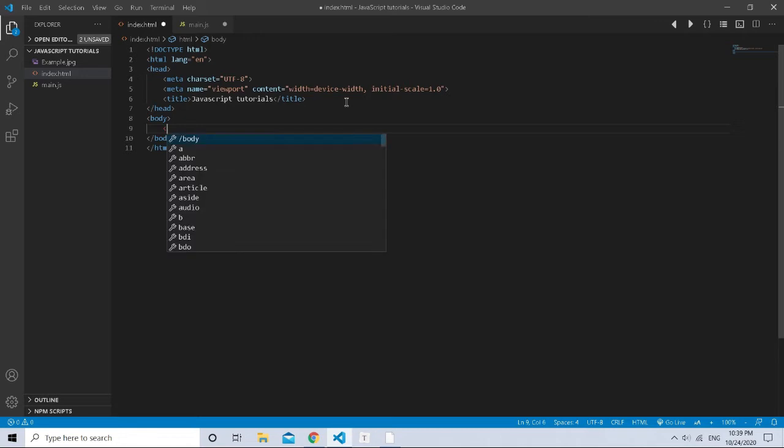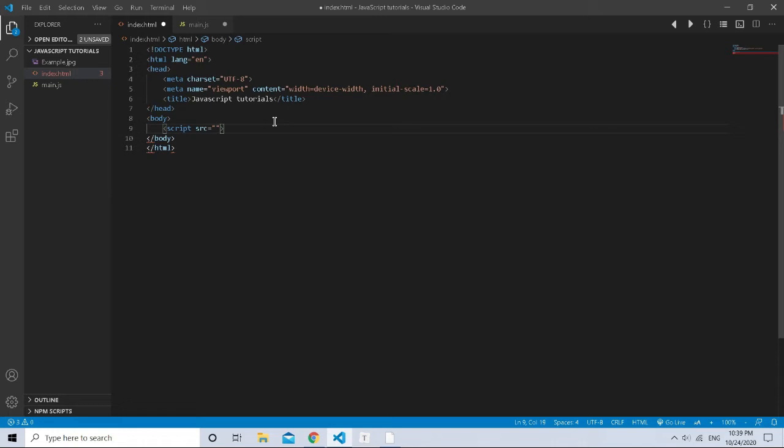So this HTML symbols, and then we are going to write script here, and then src is equals to, and then double quotations. Now this syntax refers to the file we are locating, so we are referring to a file. It is the same as linking the CSS files, except now we are linking the JavaScript files.